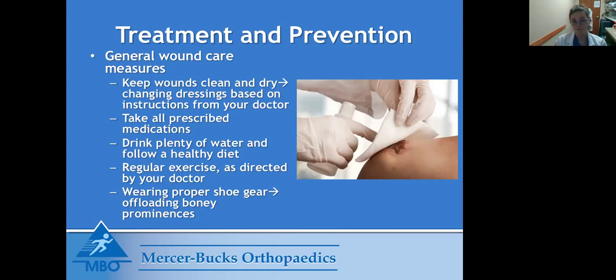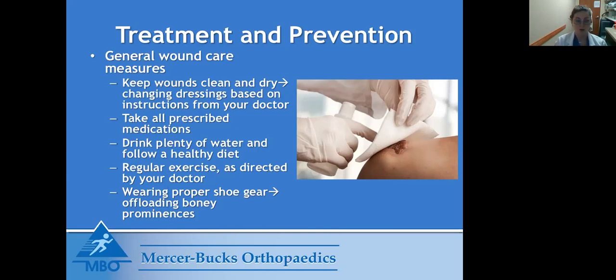Drinking plenty of water is very important. That's important for wound healing because it's important for our kidney function. It's also important to maintain a healthy diet. I mentioned protein. Protein is very essential in wound healing. Regular exercise can also be very important, but that's also something that should be directed by your doctor, because in certain circumstances, the more activities you're doing, the more prone wounds are to being disrupted,